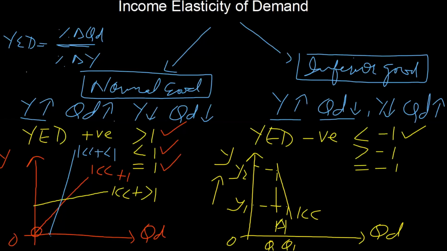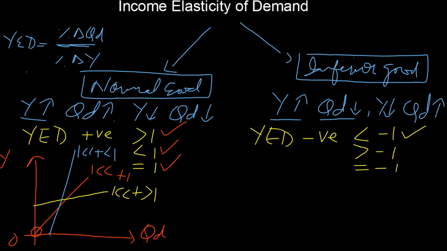So the change in quantity is less than the change in income. When income elasticity of demand is less than 1, it means that a greater change in income will lead to a smaller change in quantity demanded. Now coming to the next situation, income elasticity of demand greater than -1. The -1 again shows the negative relationship, and a value greater than 1 shows that demand would be relatively elastic.